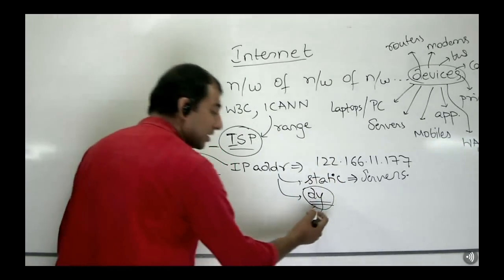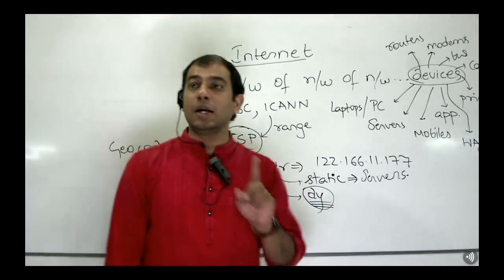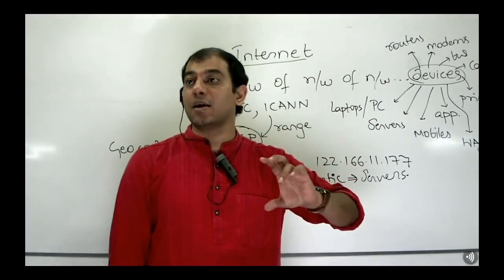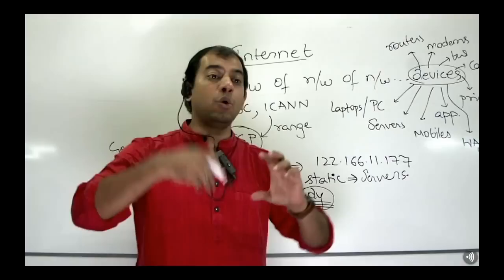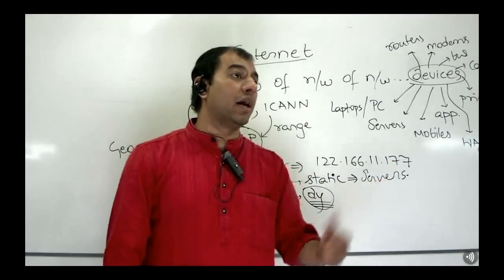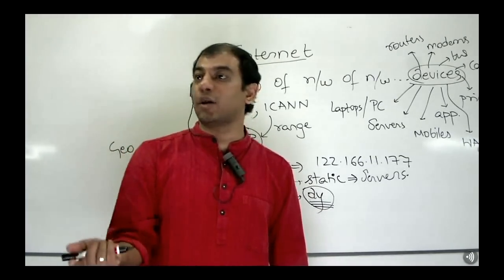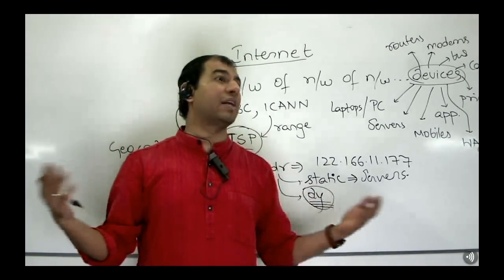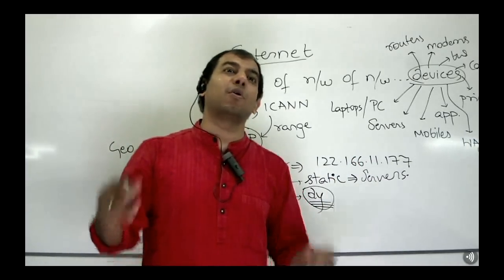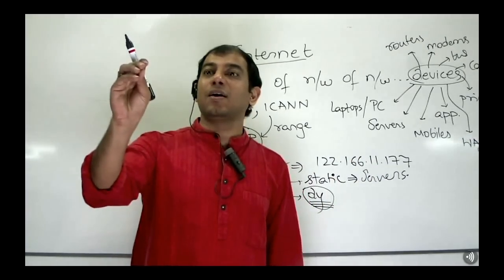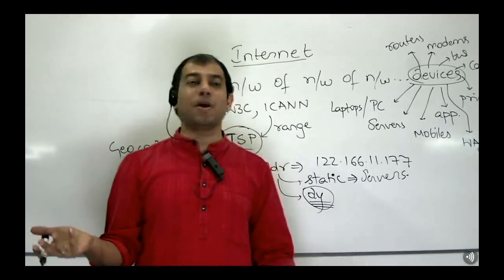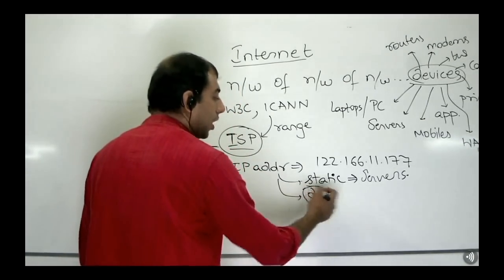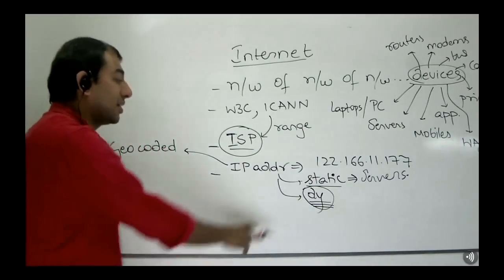He's protected, and that is the reason why all our machines are given dynamic IPs, because every time our machine connects to the internet, if you are given a new identity, then a hacking software doesn't know the identity of our machine permanently. It knows it only for the time we are connected to the internet. The moment we switch off and switch on again, our identity is different. It is like we have a new home. If each one of us is changing our homes every day, then the chances of a thief or a robber coming into our home and robbing us is very bleak, isn't it? That's the basic reason why IP addresses which are given to our machines are dynamic.